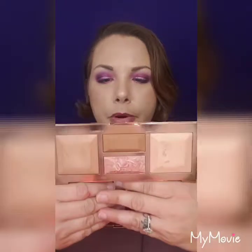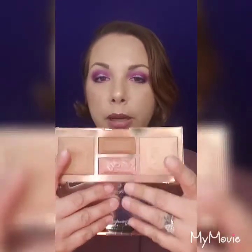So yeah. Next, I'm so surprised by this. I started picking this back up. This is the Becca Be Light Light to Medium Face Palette. It's a shiny one. It's got a nice mirror in here, but the bronzer and the blush are super pretty, but the blurring and the brightening powder are really what I've been